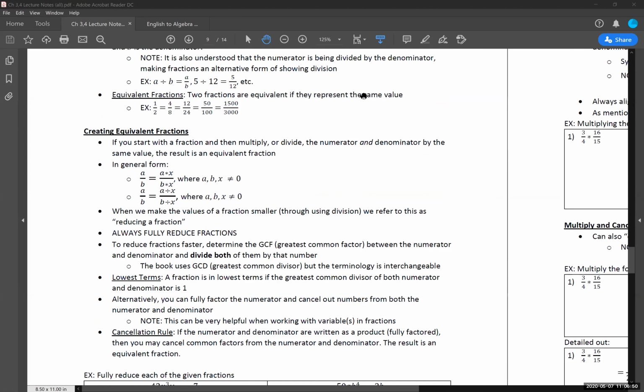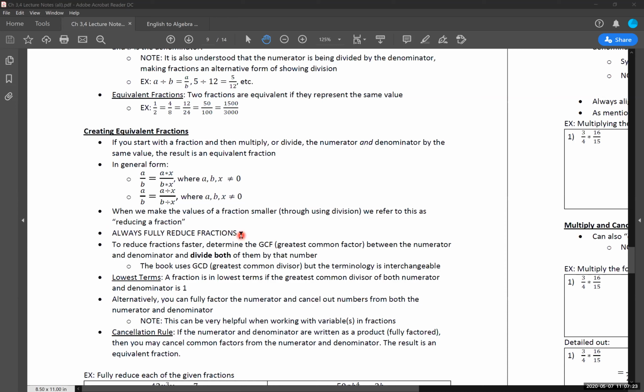Again, the big thing I want to emphasize, whether it be in this class or your future classes, big one, always reduce your fractions down if you possibly can. There are going to be very, very few instances where we want to leave our answer not fully reduced. And that generally comes in the form of the problem will tell you about that, hey, don't fully reduce your final answer because we have our own reasons for it. But if it doesn't say that in the problem anywhere, always fully reduce your fractions down.